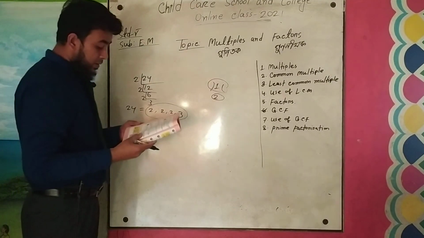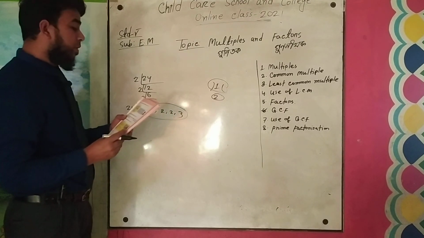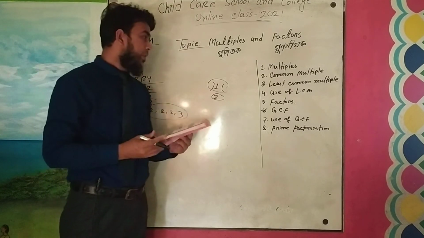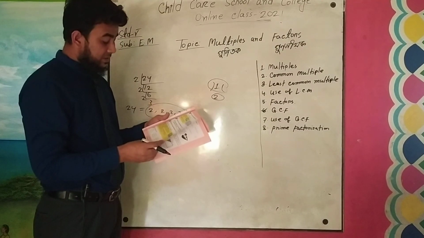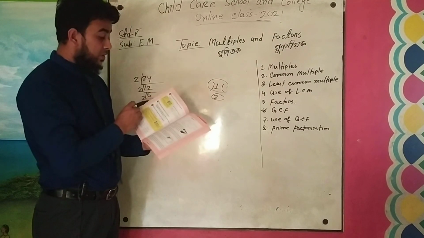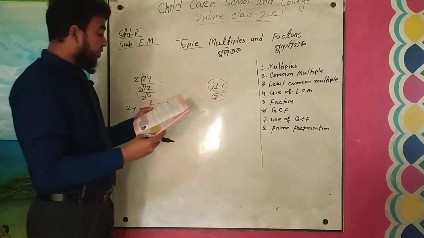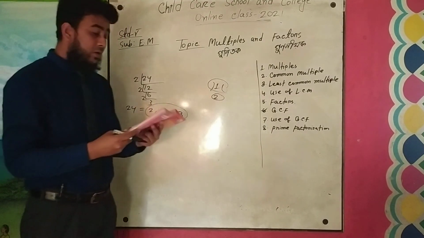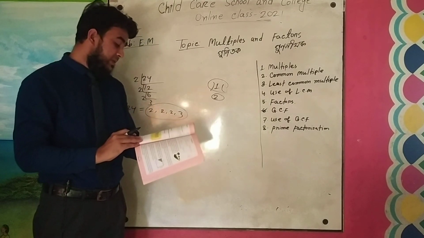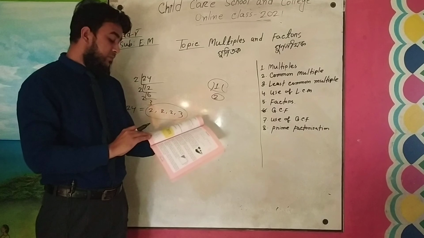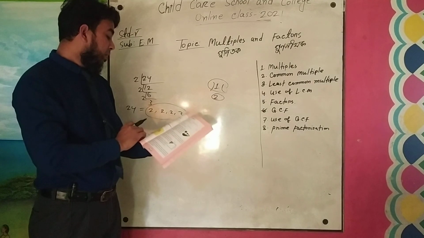Okay. Now look, find the least common multiple of 30 and 45. Already we have discussed least common multiple here, and there are a lot of practice examples for you to practice at your home. And prime factorization is important. Look here, page number 36, find the GCF of more than 2 numbers. So you have to practice this at your home.